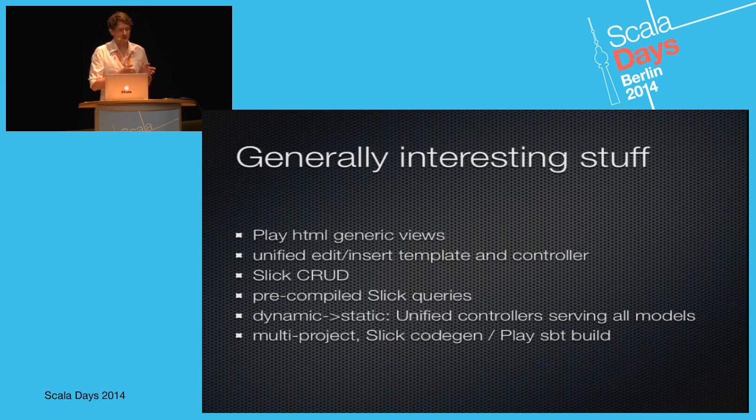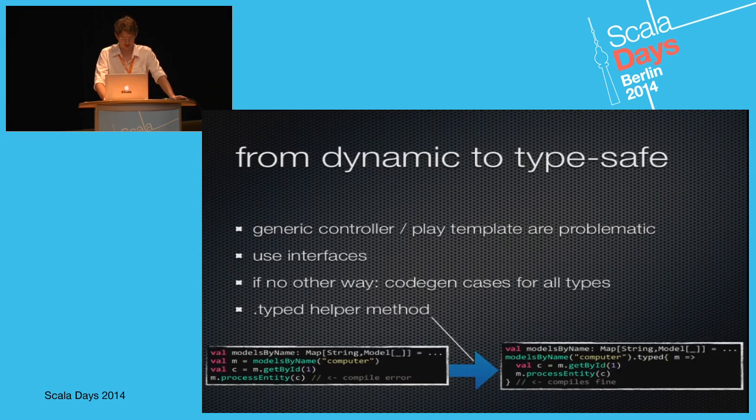Because if you have a request via the web, and you want to handle all models at once, you just have a string saying which model you're talking about right now, and then you need to go to this model and call some Slick code, and Slick is type-safe, so how do you do that? It also shows a multi-project SBT Slick build with CodeGen. And from dynamic to type-safe,